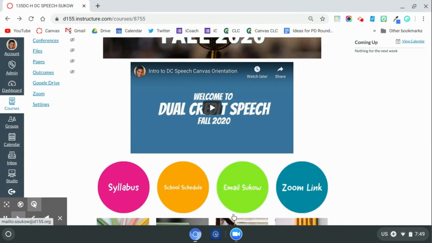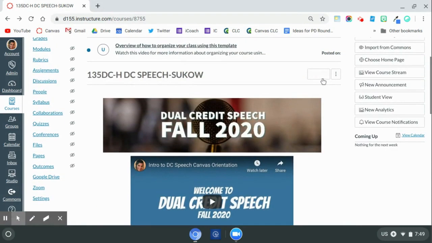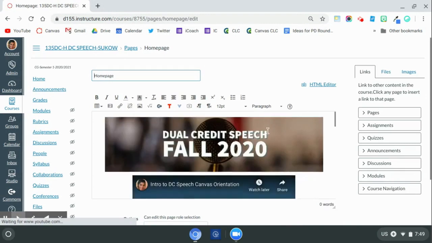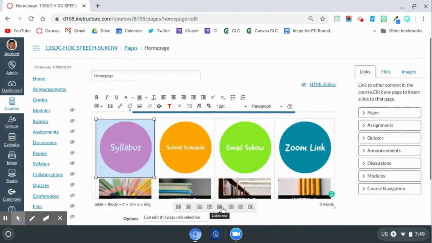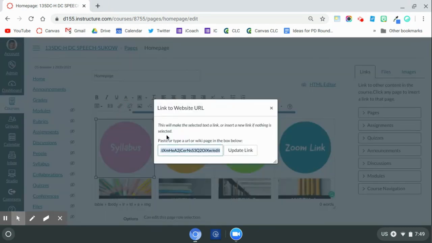Now I added those buttons by going up to the edit pencil, and I inserted another row above the template that I imported from Canvas. So if I simply hit insert, then I can add those buttons here. Now these are external links. So when I highlight an image, then I click on the link to URL, and then I can paste in